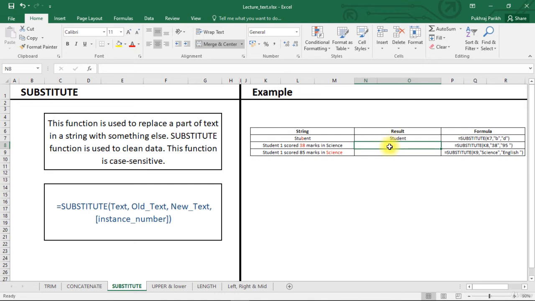The same thing can be done in sentences also. For the second row of the table, we can update the score in the sentence from 38 to 95.